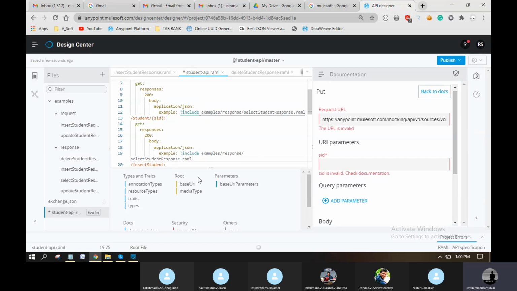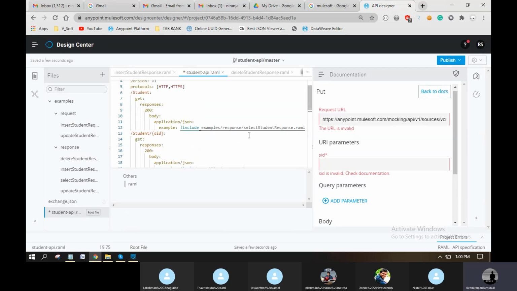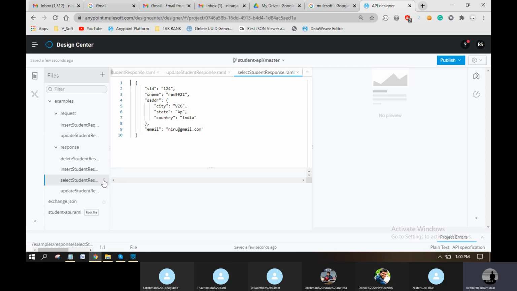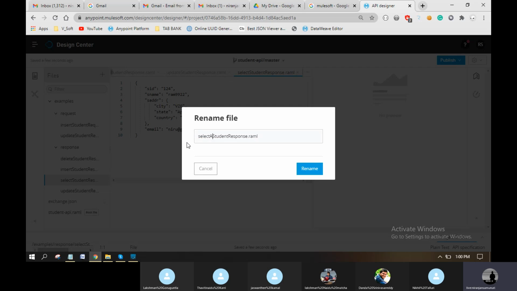But actually, just imagine one thing. Selecting all students you will get one response, but selecting one student's details you will get a different response, right? So now what you have to do is, select all students, you will get multiple responses actually. In this way, I'll divide the select student response, right? So I'll rename this file first of all. I'll rename it as select all students response,